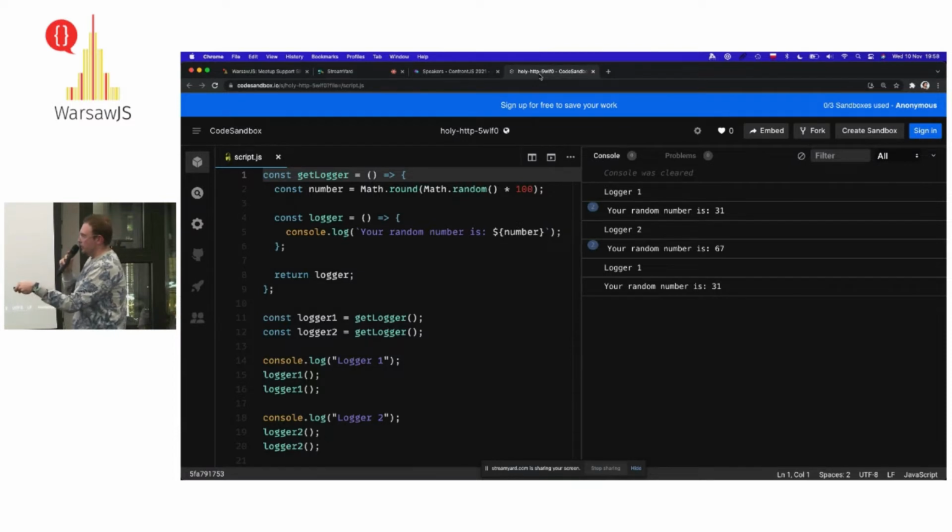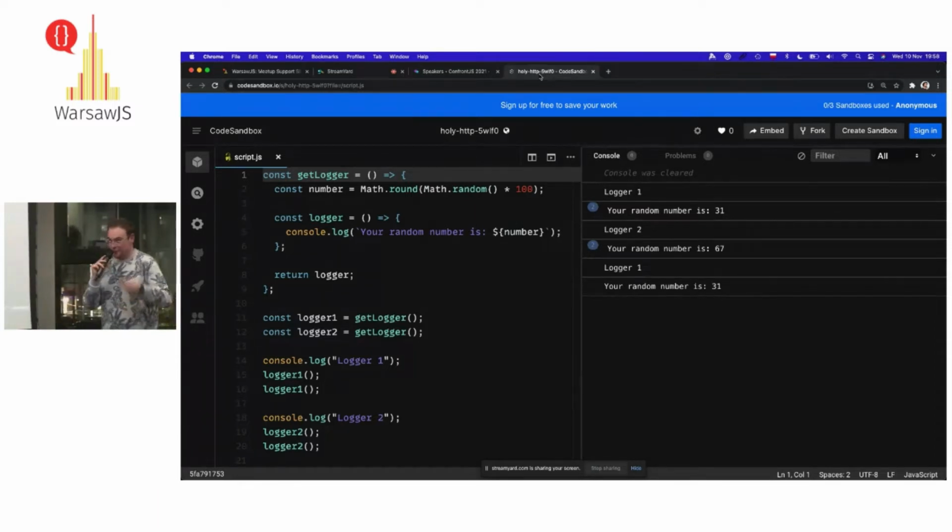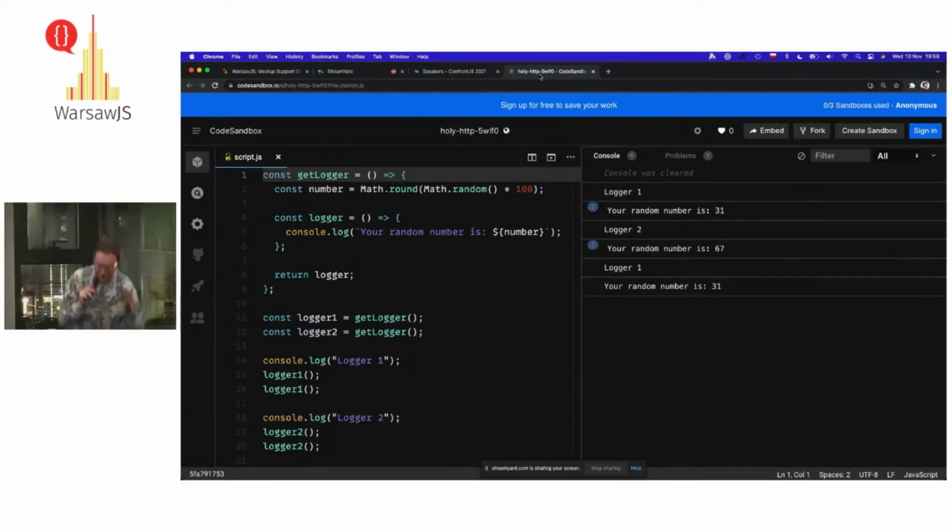Here you can see that we run logger1 twice, and we get the very same thing. So we don't have a new random number, but we've got the number saved inside this variable, and then it is being used here in a logger. So basically we've got this variable saved, and then we can use it inside other functions from a function. I don't know if I explained it well, but I've got 5 minutes, so I have to run.